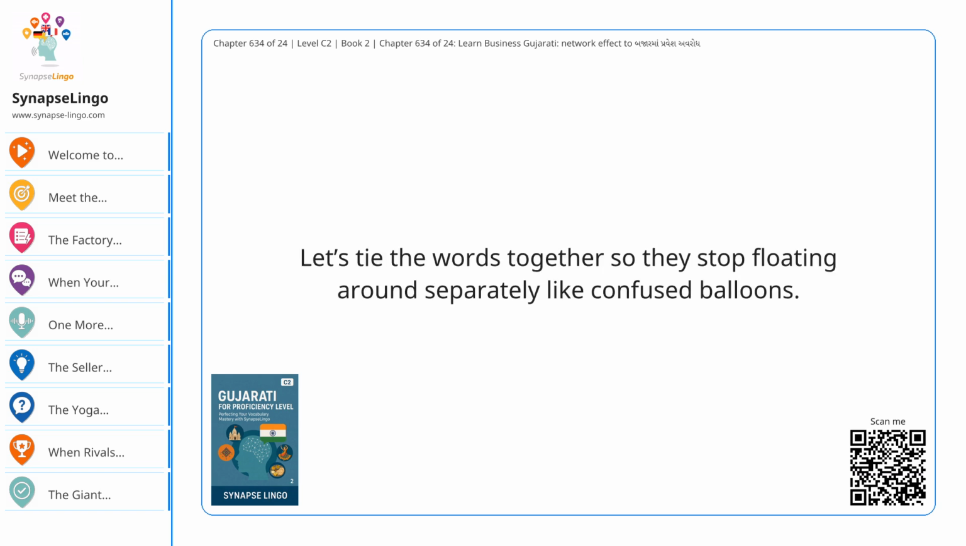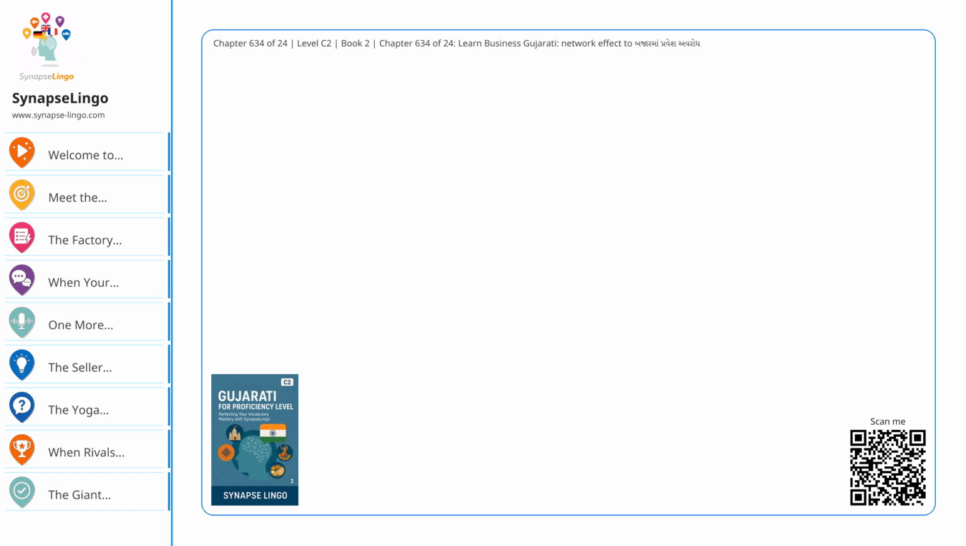Your memory challenge. Let's tie the words together so they stop floating around separately like confused balloons. Here is the story. A startup begins with નેટવર્ક અસર, grows big enough for પ્રમાણની અર્થવ્યવસ્થા, survives the શીખવાની વક્રરેખા, watches its સીમાંત ખર્ચ,